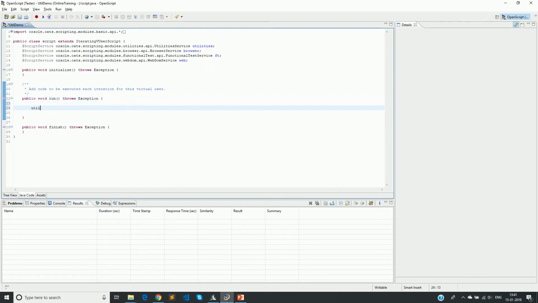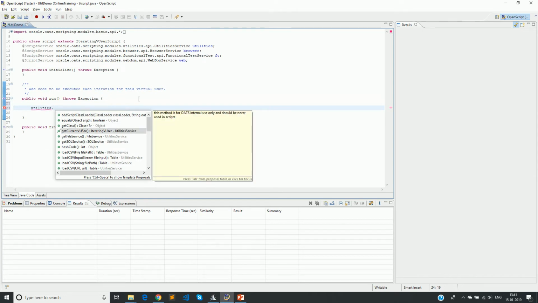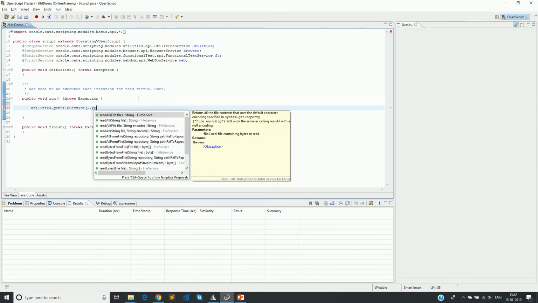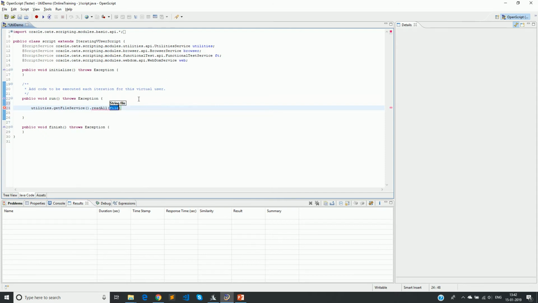You need to just say utilities dot get file service dot read all and then you have to provide the file name.